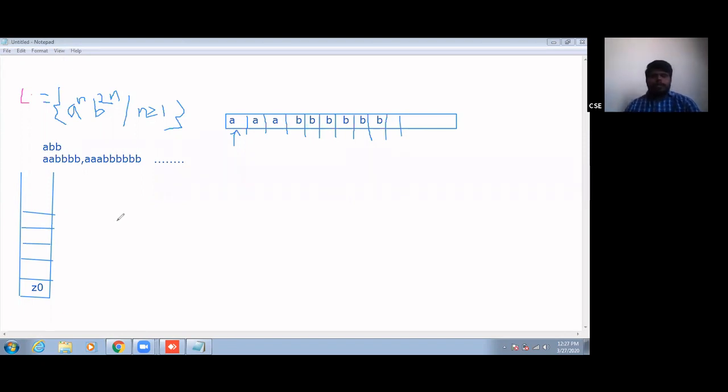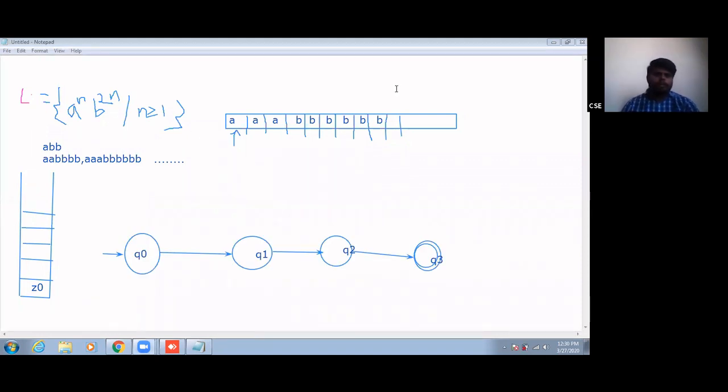So see here, I am just doing it step by step. First, the input pointer is A and the topmost symbol of the stack is Z0. Whenever A's are occurring, what is my operation? I need to perform the push operation.